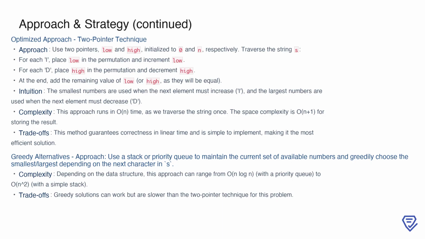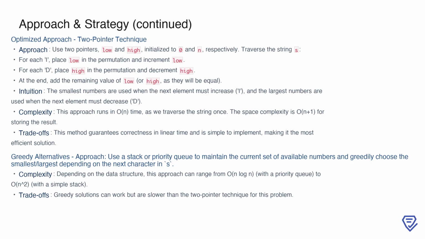For every d, indicating a decrease, we place the value of high and decrement it. At the end of the traversal, the last remaining value of either low or high, as they will be equal, is added to complete the permutation. The intuition behind this approach is simple: use the smallest available number when the order must increase and the largest